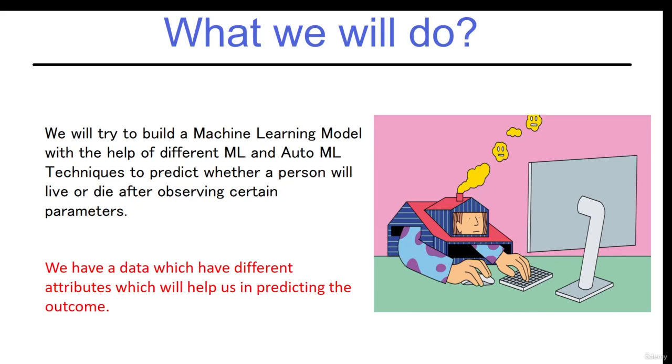Now in an ICU, as you all know, the condition is very uncertain. Anything can happen any minute. So the prediction can be very uncertain, but we'll try to build a model which will help us predict. It will not be certain because no one knows what happens in a human body, right? It is very unpredictable. But we'll try to predict on the basis of previous data what happens when these conditions are followed, and if all goes well, this can happen. So we have data with different attributes which will help us in predicting the outcome. We will try to predict, based on previous experience and previous data, what the possible outcomes can be.